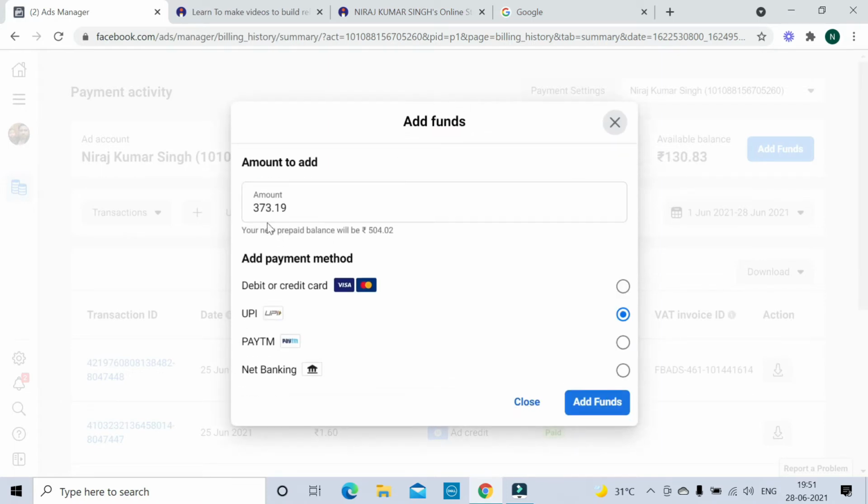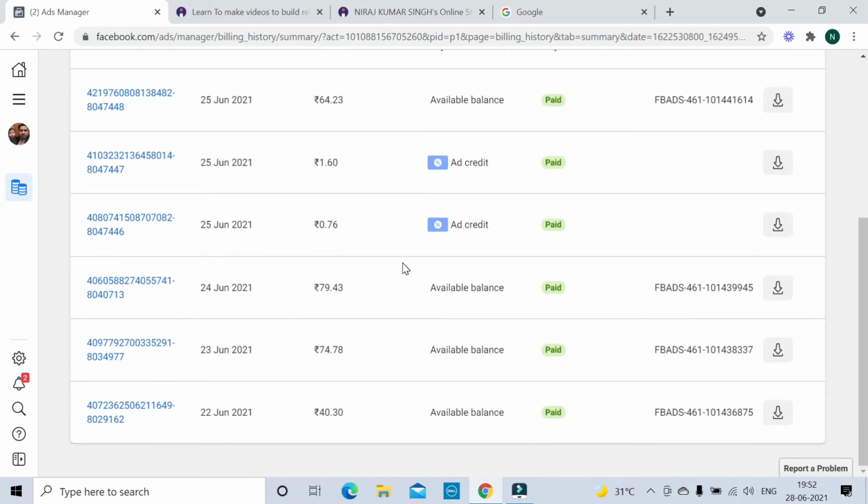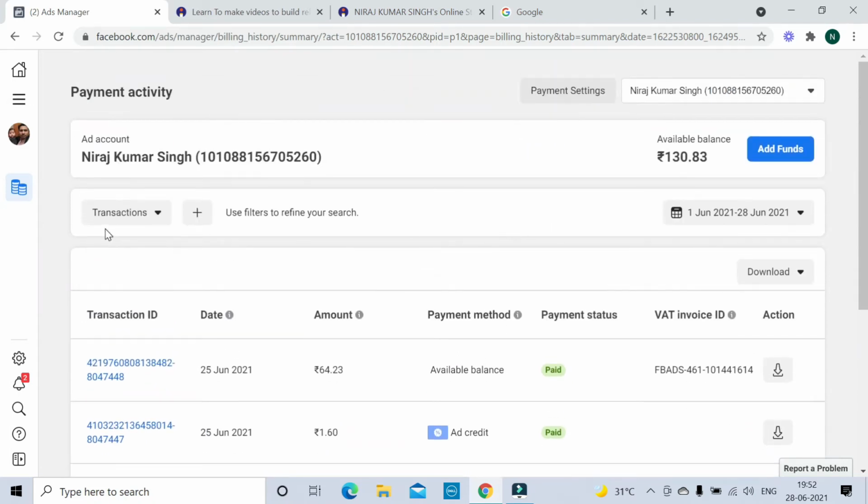Okay, so how much you want to add, you can add with the help of debit or credit card, UPI, Paytm, net banking. It's very simple, the way you make payment on all the platforms. Suppose you are booking a flight ticket, then you can pay with the help of UPI, Paytm, same system. You just don't take tension about this. So I'm not going to add any amount here. I will cut it now. So I have closed that. Now I will go back. So just look at the data and nothing to worry about this.